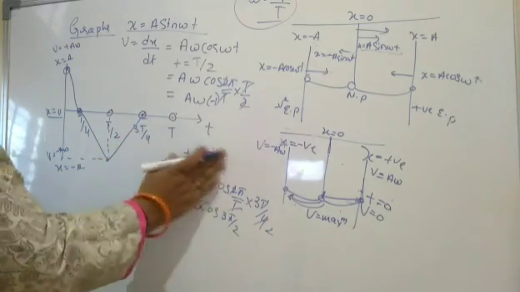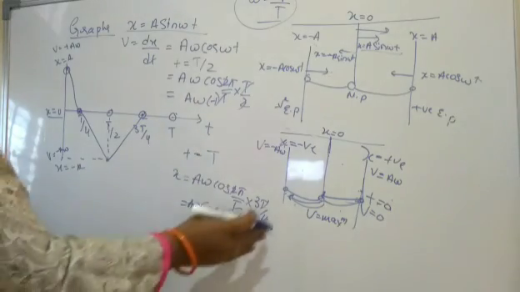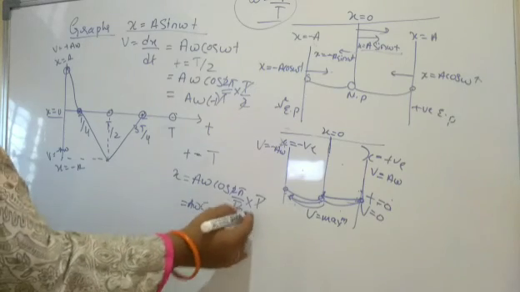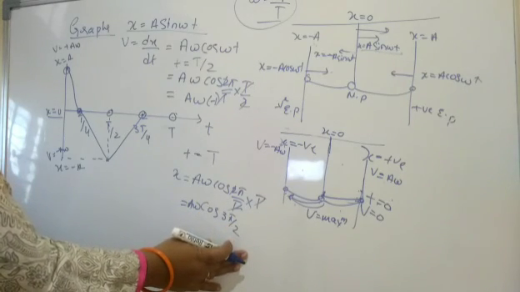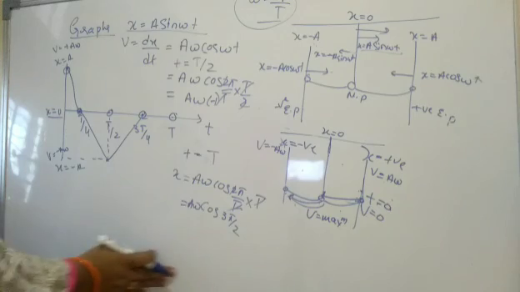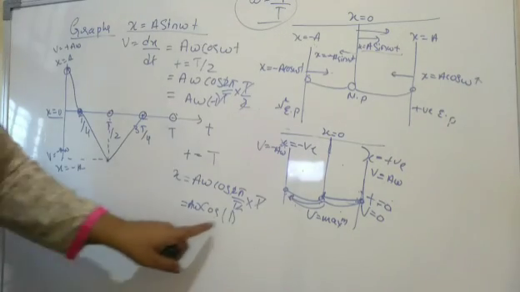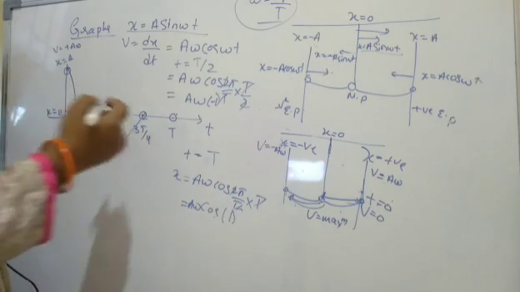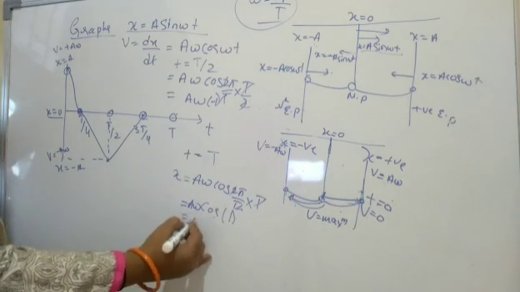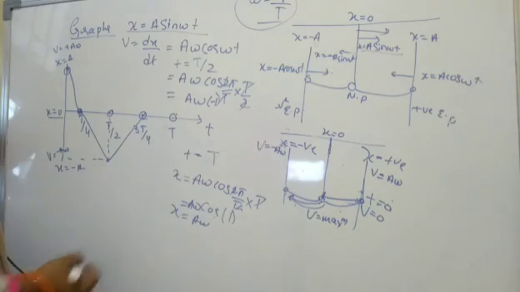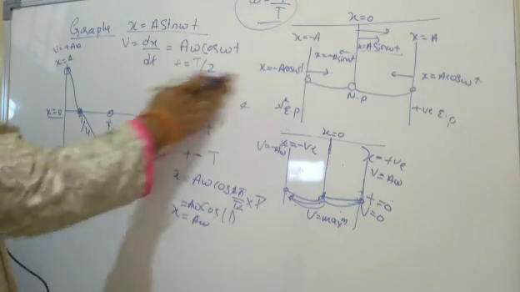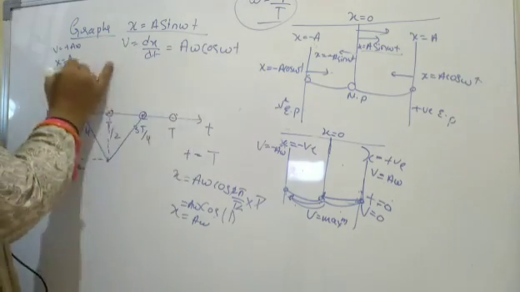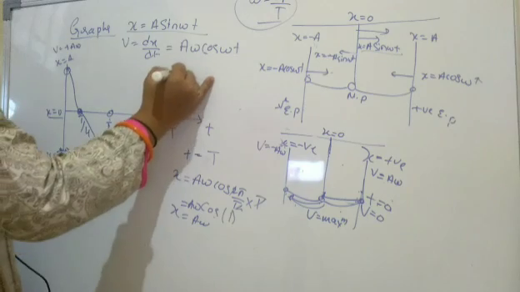Now go ahead with putting t equal to T. What are we getting here? The T cancels, and we remain with 2 pi. Cos 2 pi is cos 360 degrees, which is again 1 only. So 1 means A omega, of positive form here. So again it will come up here, and this is the form.